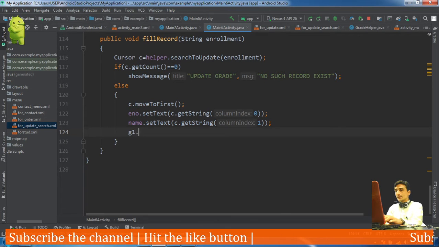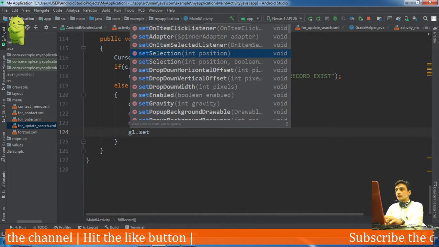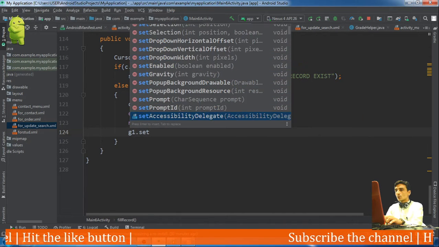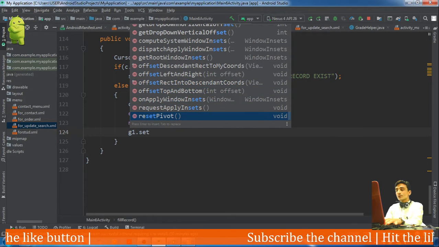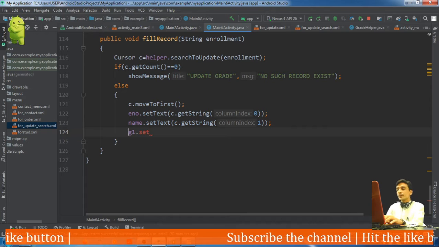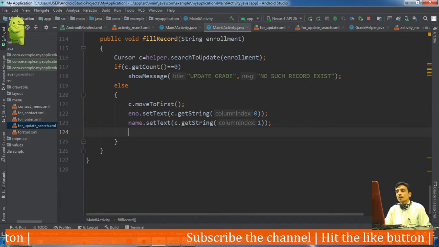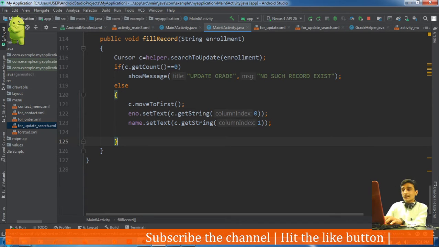Then for grades, that is spinner dot set selection. We need to identify the selection here, so we need to select the item which was here. For that we need to check what is the grade and at which position that grade appears.